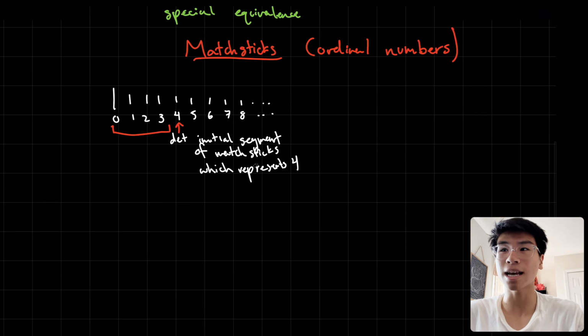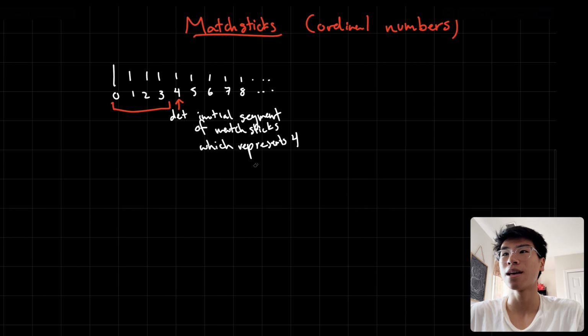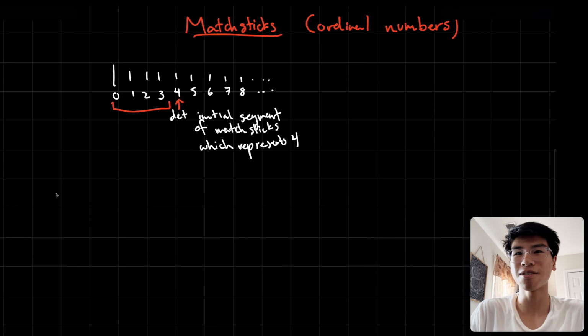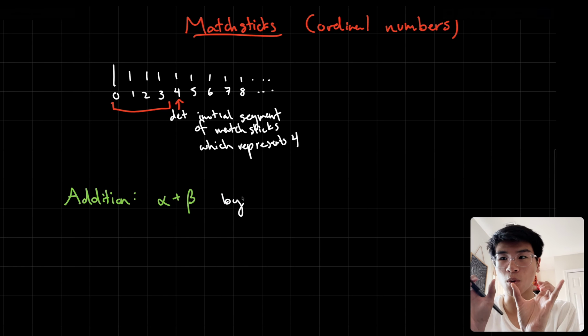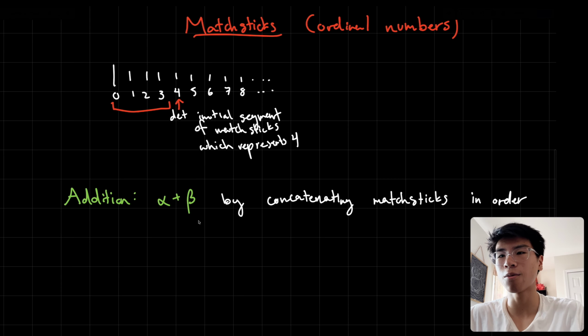And we'll come to see exactly how that plays out later. However, we can define some arithmetic operations for now. Let's define addition. Given two ordinal numbers, alpha and beta, we can add them together by concatenating the lines in order. So for example, if I want to add 2 and 3 together, this could be represented,